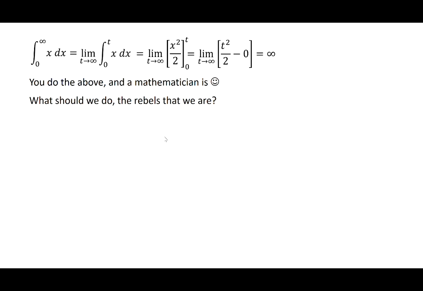What should we do, the rebels that we are? Are we rebels? So, how about this? I don't want to keep writing that stupid limit as t approaches infinity, t approaches infinity, keep on doing that stuff. Instead,